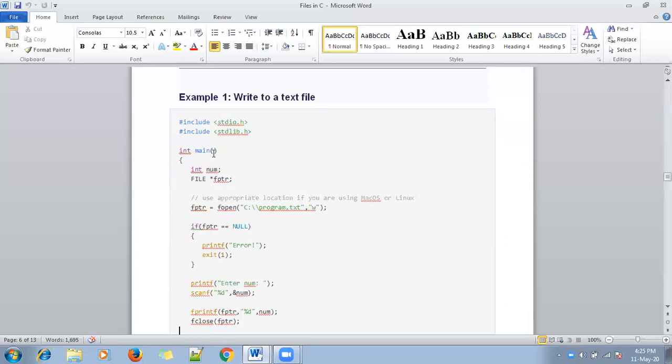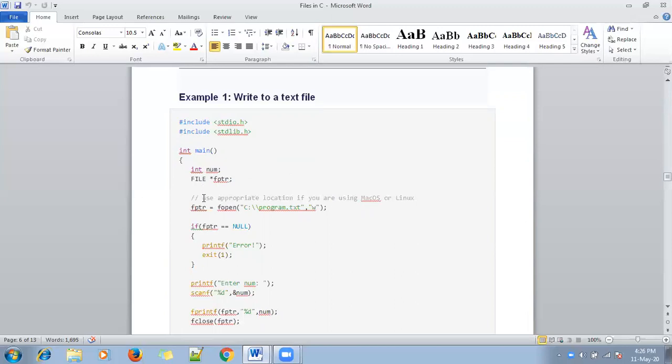Okay, the very first statements are the header files. In main, I am declaring one number with int. Next, if I want to deal with a single file, I am declaring a single file pointer. This is a pointer to the file.